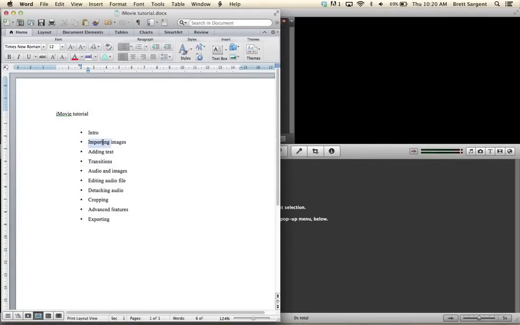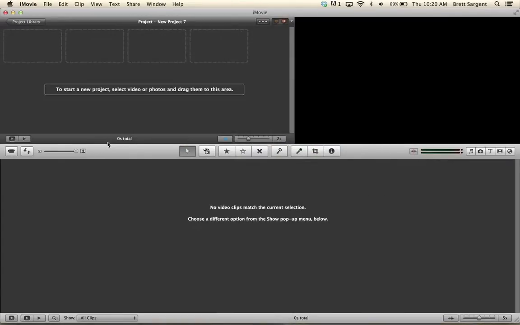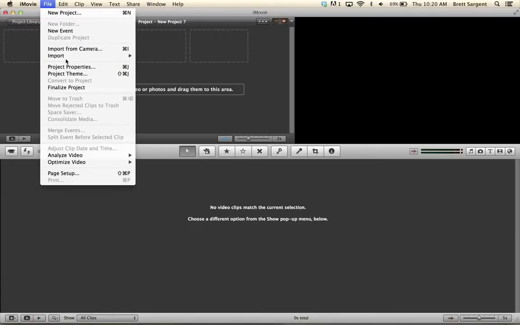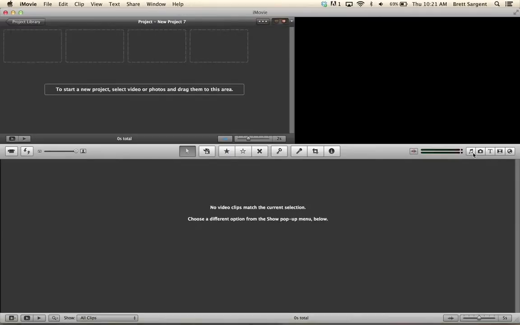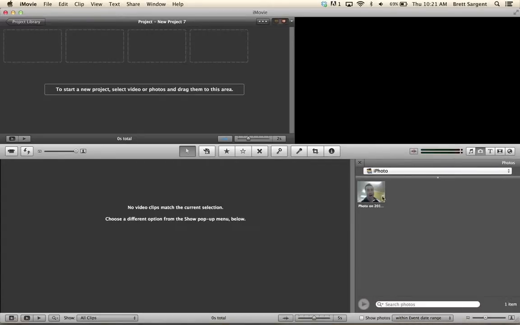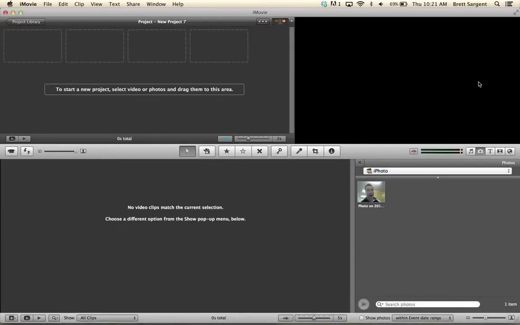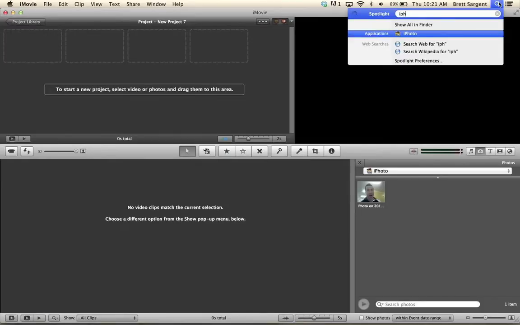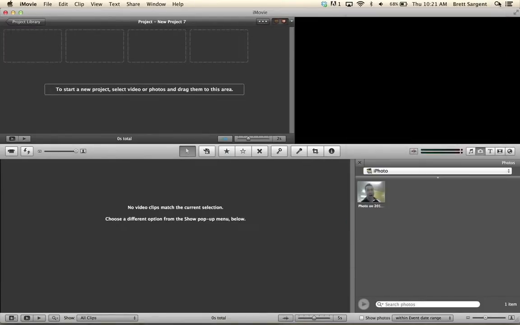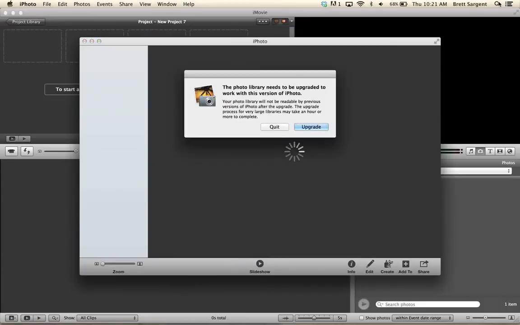So next up, importing images. There's a few ways to import images. You can't actually go file, import images. You can only import movies. The one way to do it is if you go over to this area here, you'll see a little camera, and it'll bring up your photo browser. That's obviously one I've taken before, but it actually connects to iPhoto. So if you have any pictures, you can put them straight into iPhoto, and once they're in iPhoto, you're then able to,